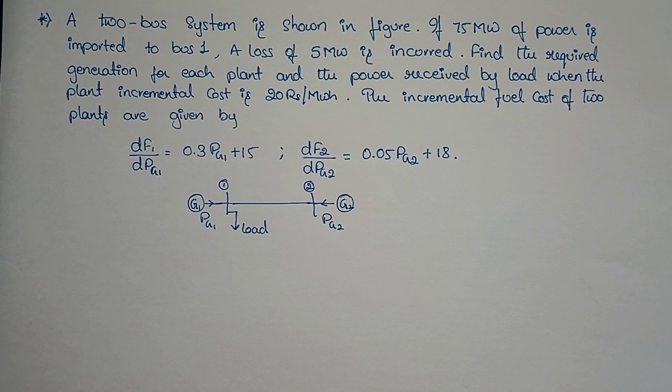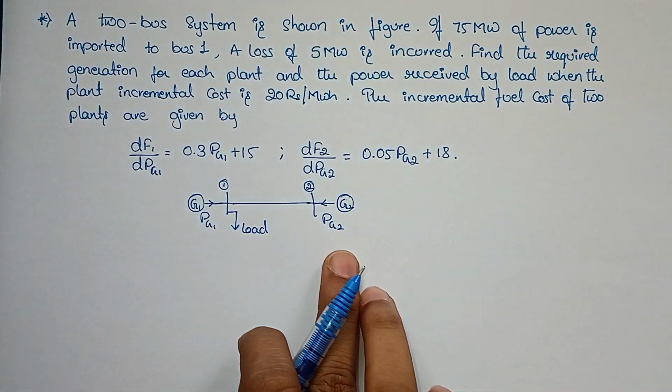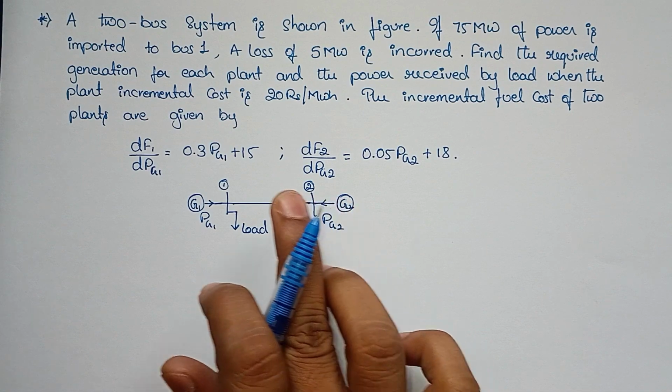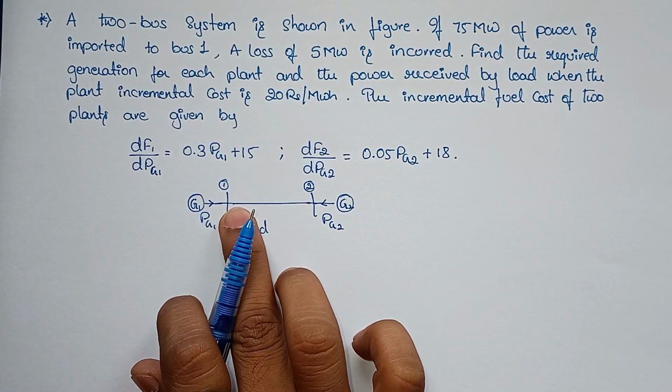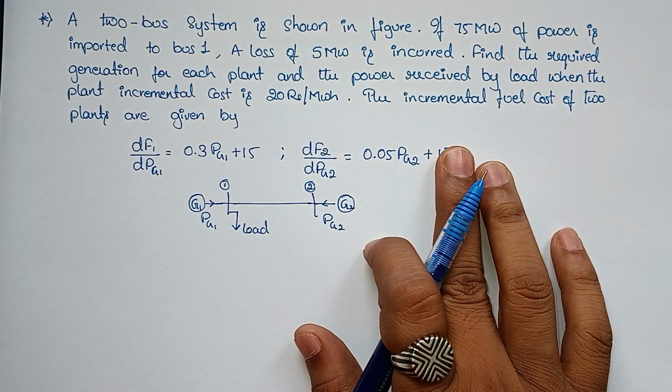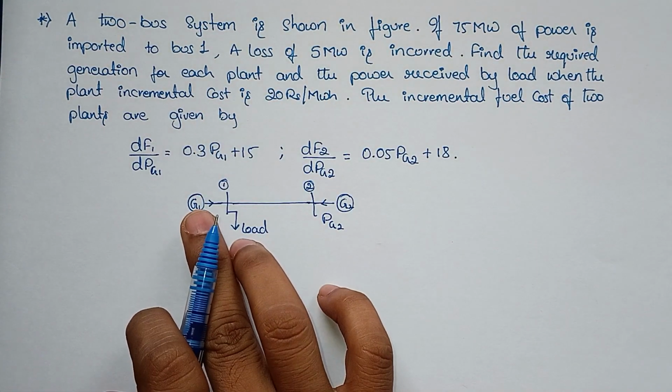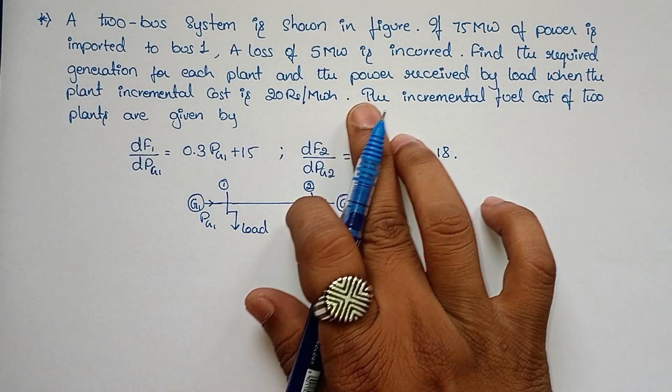Hello everyone. In this video we are going to discuss a problem on optimal generation scheduling including transmission losses while considering the B coefficients. Here in this problem we can see a two bus system is shown in the figure. If 75 megawatt of power is imported to bus 1, a loss of 5 megawatt is incurred. We need to find the required generation of each plant like PG1 and PG2 and the power received by the